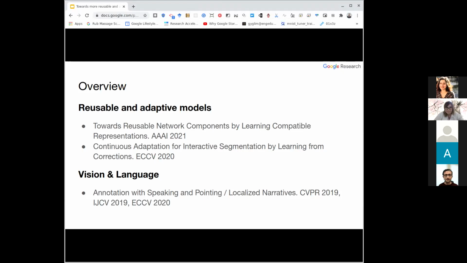I'll talk mostly about reusable and adaptive models, where I worked on 2 papers. The first one is towards reusable network components by learning compatible representation, which I'll actually present 2 days from now at AAAI, which is happening this week. And then I'll also present our paper on continuous adaptation for interactive segmentation by learning from corrections, which was presented